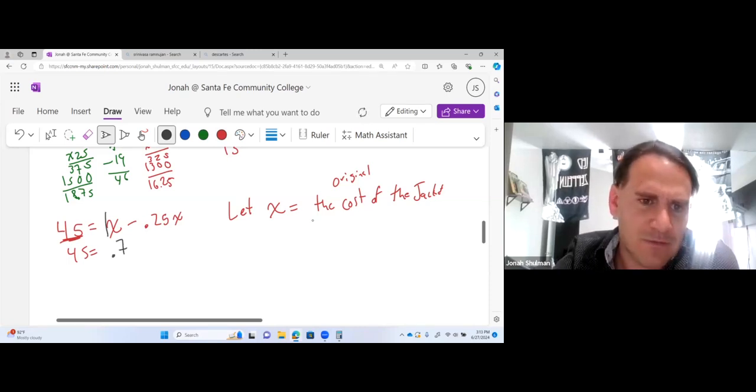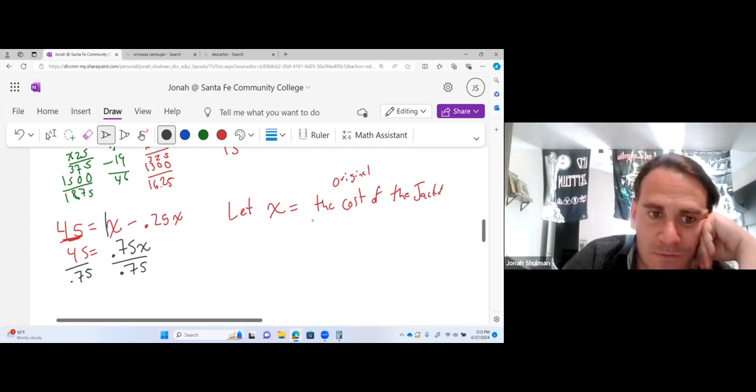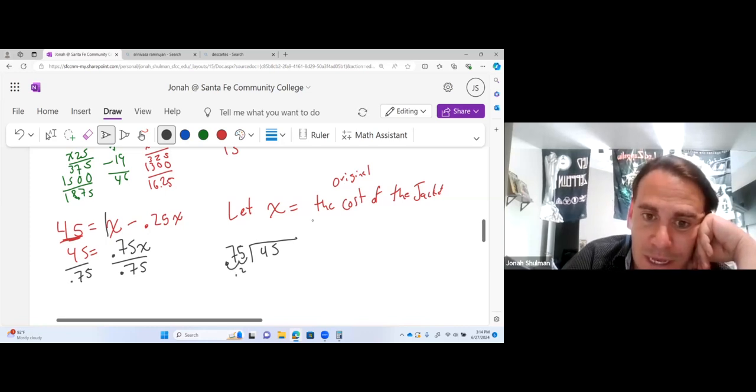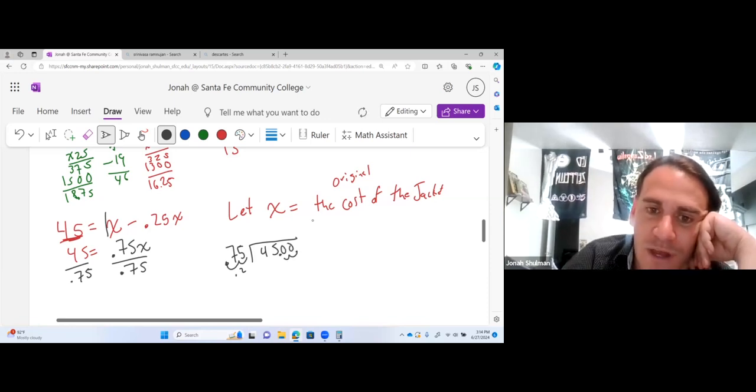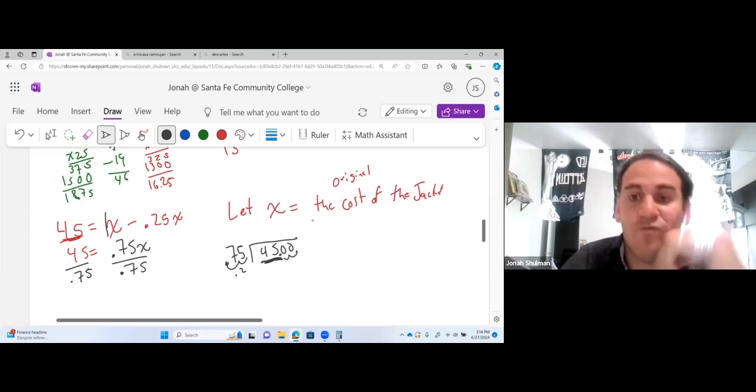That's 0.75x. Divide by 0.75, divide by 0.75. So this is our problem. It's 45 divided by 0.75. Top number special lives in the house. There's your bottom number, 0.75. Now, notice, I can move this once, twice. So if I move that 2 places, I got to move this decimal 2 places. So it's really 75 into 45,000. 75 can't go into 4. 75 can't go into 45, but 75 can go into 450.